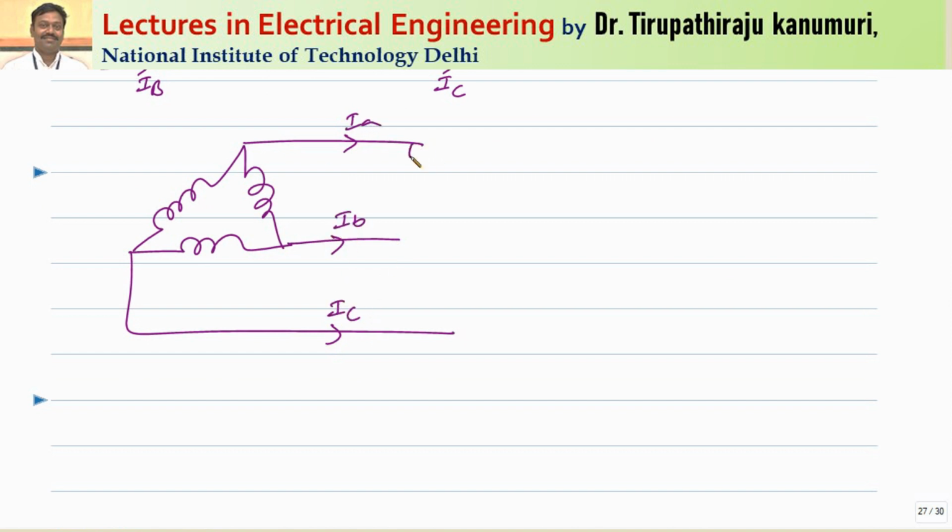So whenever the fault happens, there is no path for the returning of the current. That means there is no return path for the flow of the current. So zero sequence components of the currents cannot pass in the lines of the delta connection. That means in the case of delta connection, the zero sequence cannot pass because the closed path is not provided. So I am representing this like this.